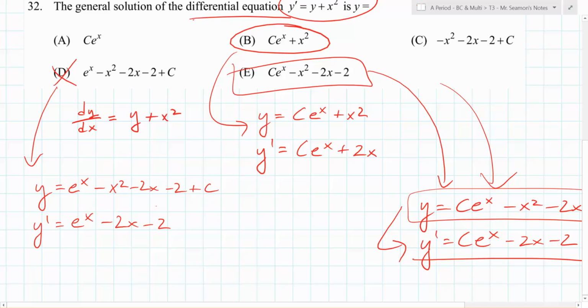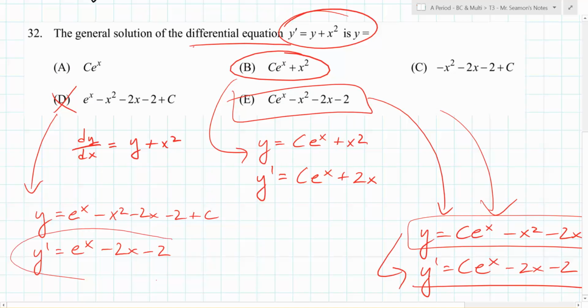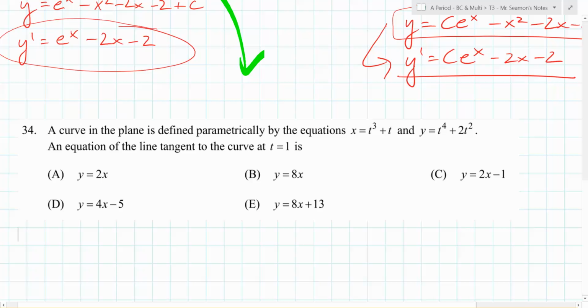If you do the derivative here, you end up with this, right? If you add x squared, look what you have there. It's a minus. You see, if you add, look, sorry, right there. As a curve in the plane is defined parametrically, an equation of the tangent line at